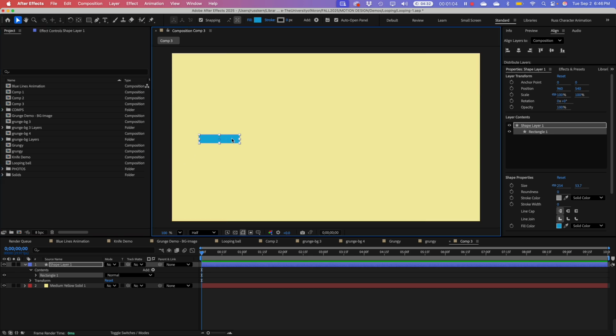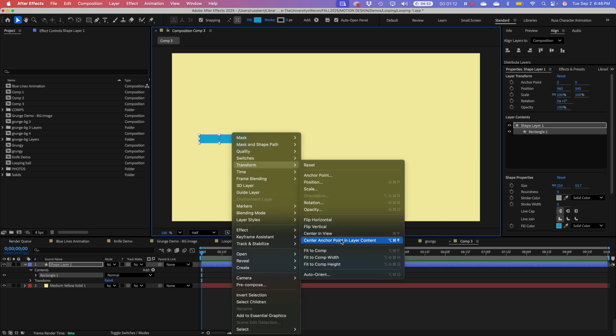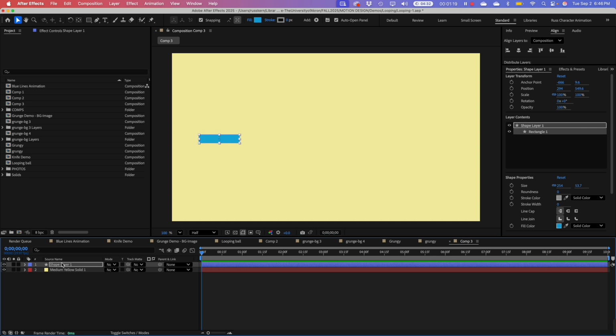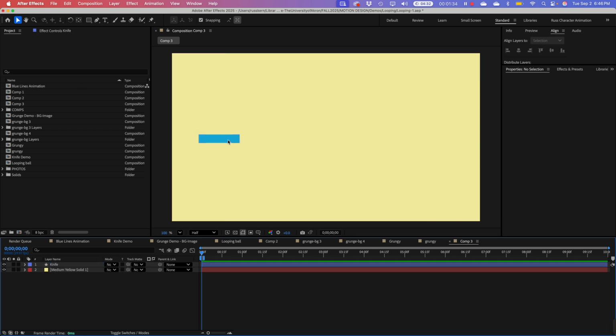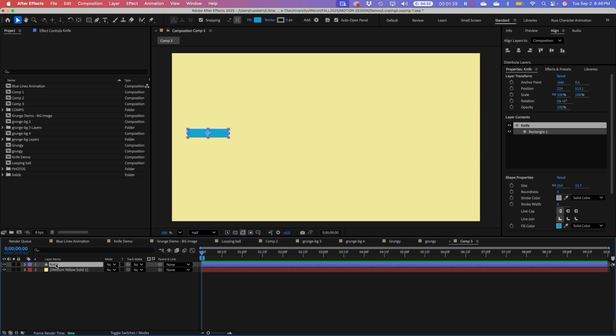And I am going to set my center points on this. So if I hold my control key down, click on the shape, go down to my transform options, I can center the anchor point right in the layer content. So this will be fake knife 1. And we'll just sort of move that over here, and then I'm just going to duplicate this shape a few